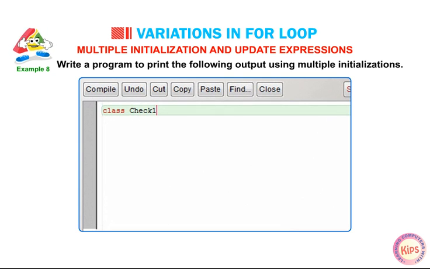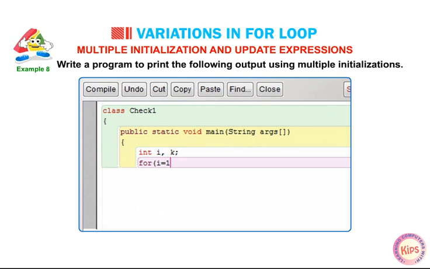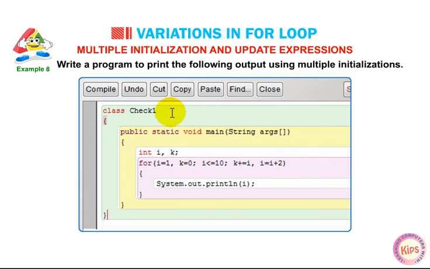Class check1 { public static void main(String args[]) { int i, k; for(i=1, k=0; i<=10; k+=i, i=i+2) { System.out.println(i); } } }